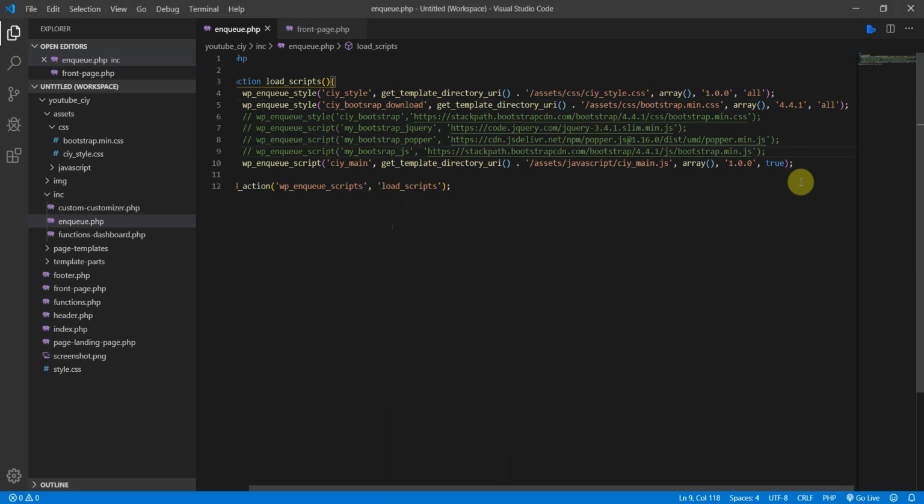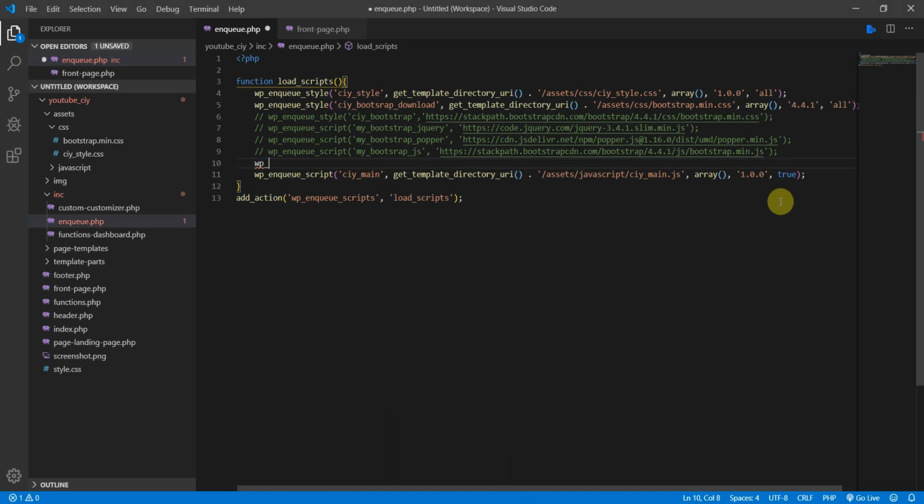So underscore enqueue underscore script, and I'm just going to call it CIY underscore JS